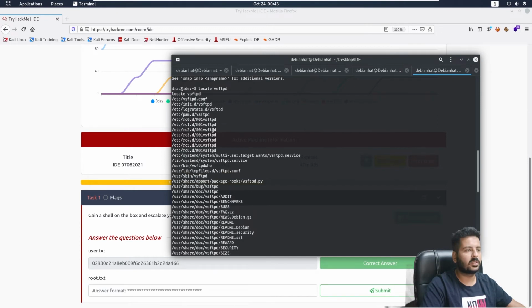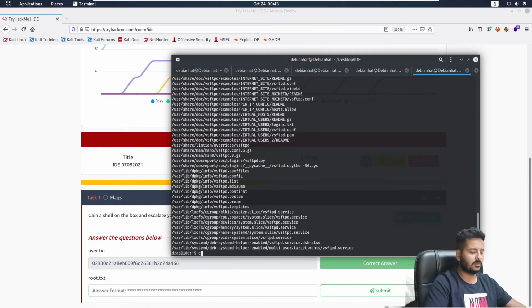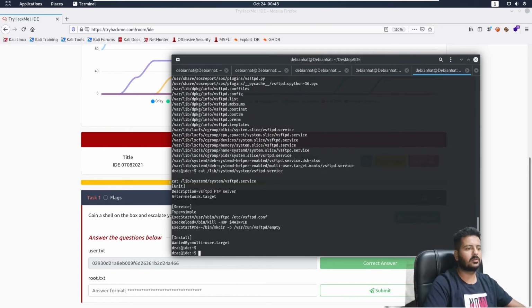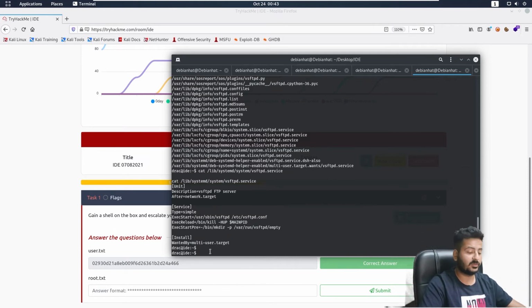No, not this one, not this. Okay, that's the one we were looking for. So this is the .service file that we can mess with. Let me check the permissions of this file as well.